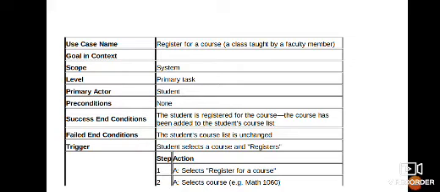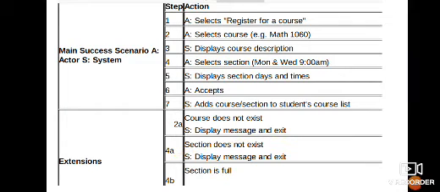Fine. So we have the set of interactions again in the main success scenario. A student selects a course, registers for the course, then the system displays the course description, and the student selects an option, that is a session, which session or class he wants to attend, then the days and time, and accepts all these things. So these are the different interactions that happen if everything goes the normal way, without any errors or confusion in between.